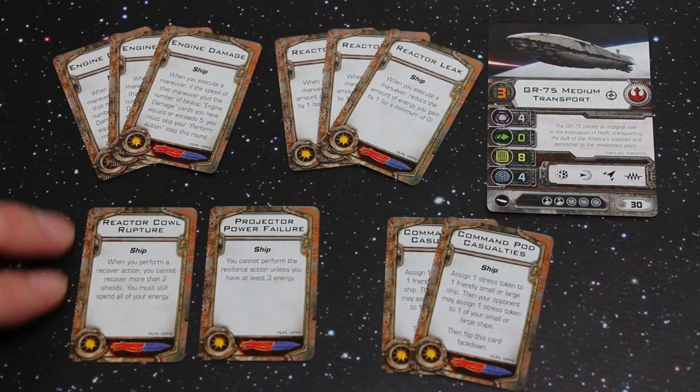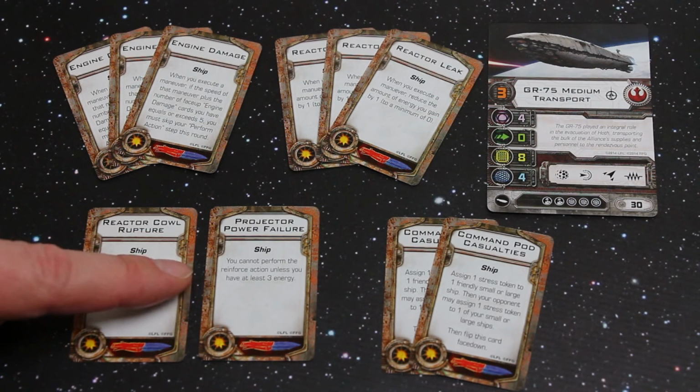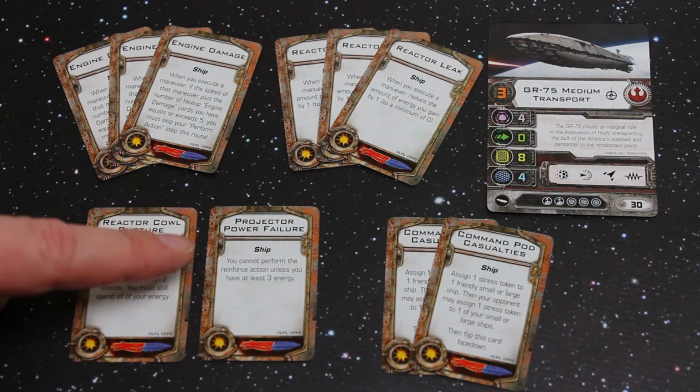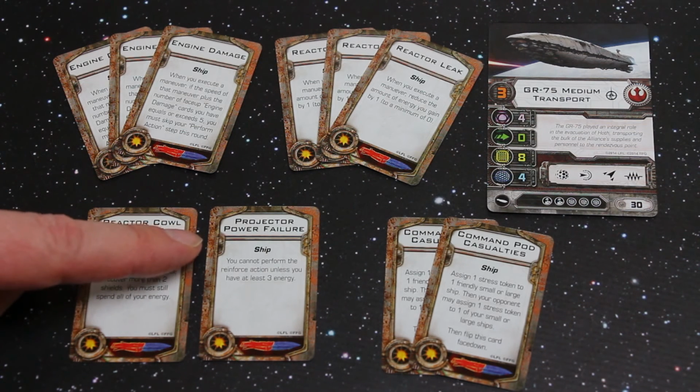You must still spend all your energy. So it doesn't completely stop your energy repair, but it certainly costs you more energy than you would normally. Projector power failure. You cannot perform the reinforce action unless you have at least 3 energy. So if you were using your ship to defend your escort, you're going to be costing a lot of energy,